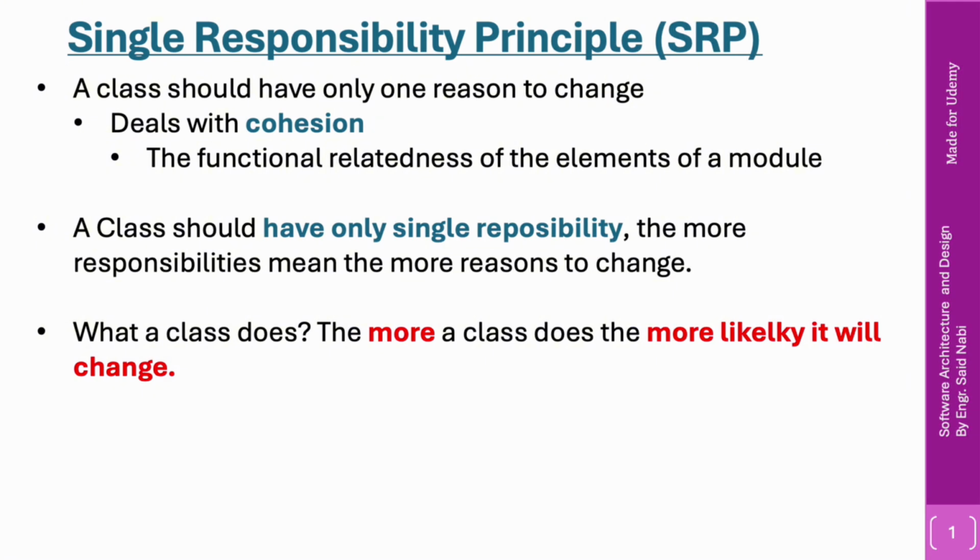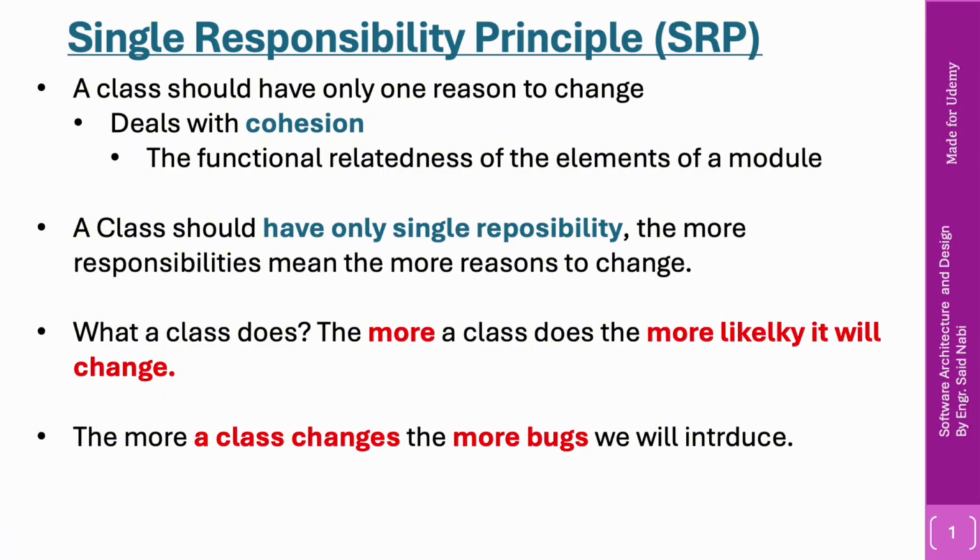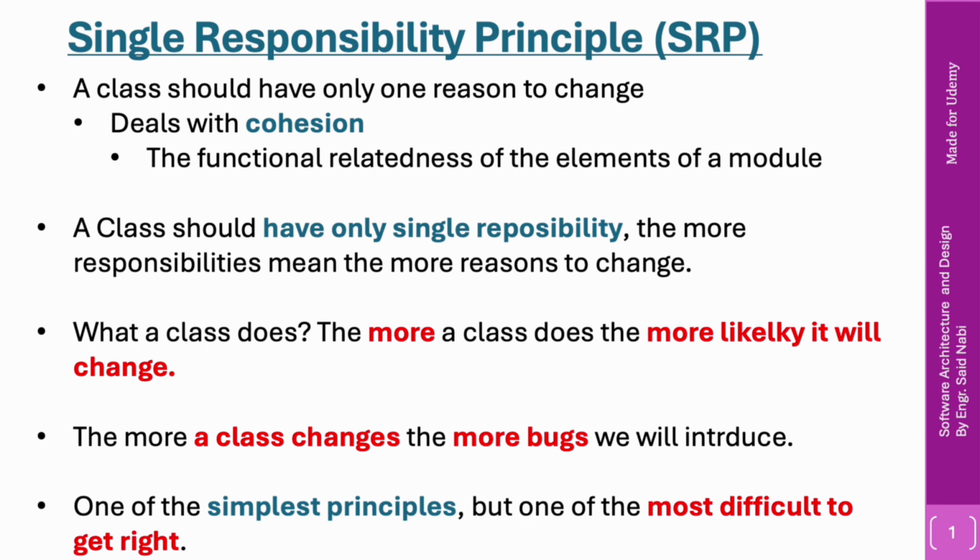Similarly, if we take an example of an e-commerce store, a class for the order calculator calculates the total, and an invoice generator class generates invoices separately. So again, if we mix the responsibilities of these classes with one another, it would violate this principle, and this principle should not be violated. The more a class changes, the more bugs we will introduce. SRP seems very simple, but mastering it is very hard. Keep each class focused and let it do one thing and do it well. So limited changes will cause limited bugs and a cleaner design.